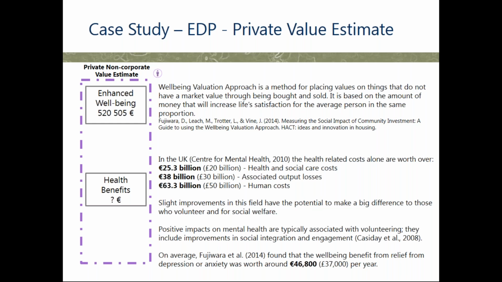It's in the White Book for Policy Results in the UK, from what I remember, and it's a very good method of placing values on things that are not in the market. What they do is they have a lot of data that they gather up, and they try to monetize what would be a life increase